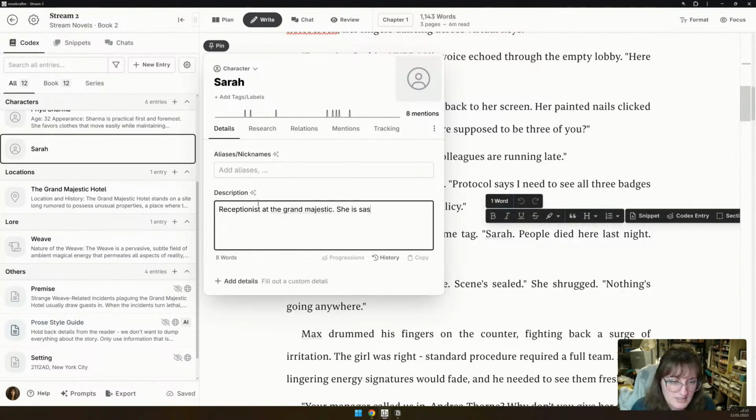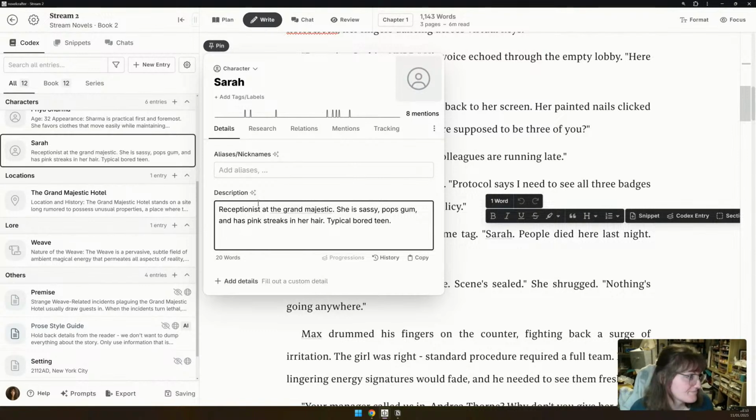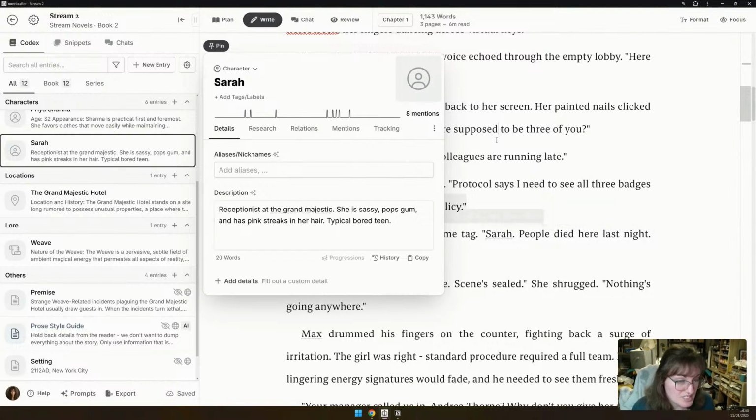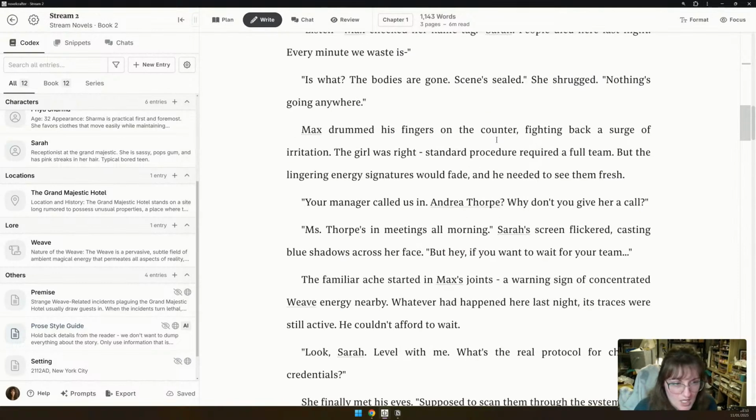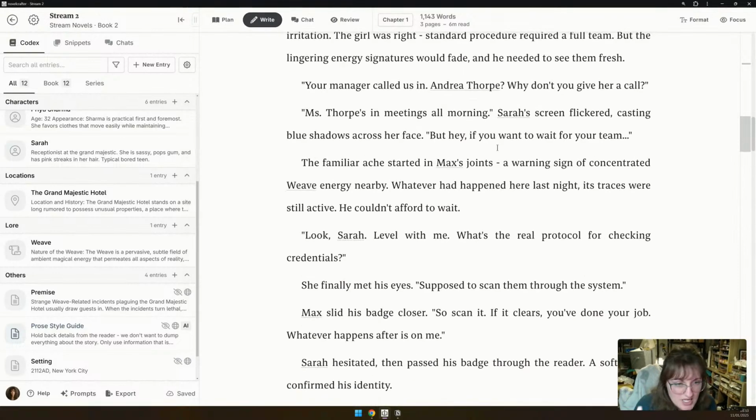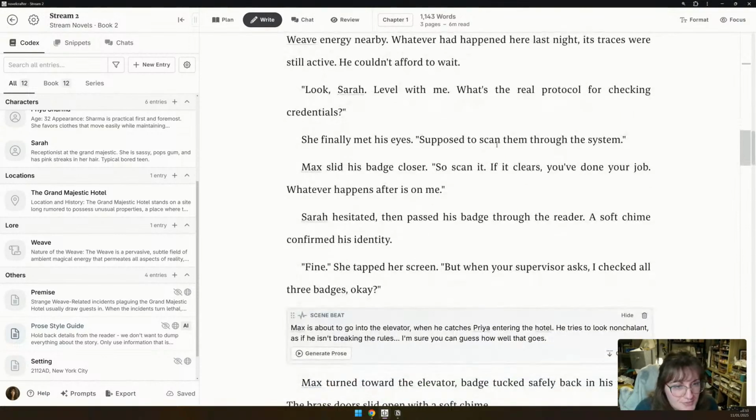She is sassy, pops gum, and has pink streaks in her hair. Typical bored teen. That's what I know from this scene that we've written, so that's what I'm putting in. So I'm going to scan through what we've got.